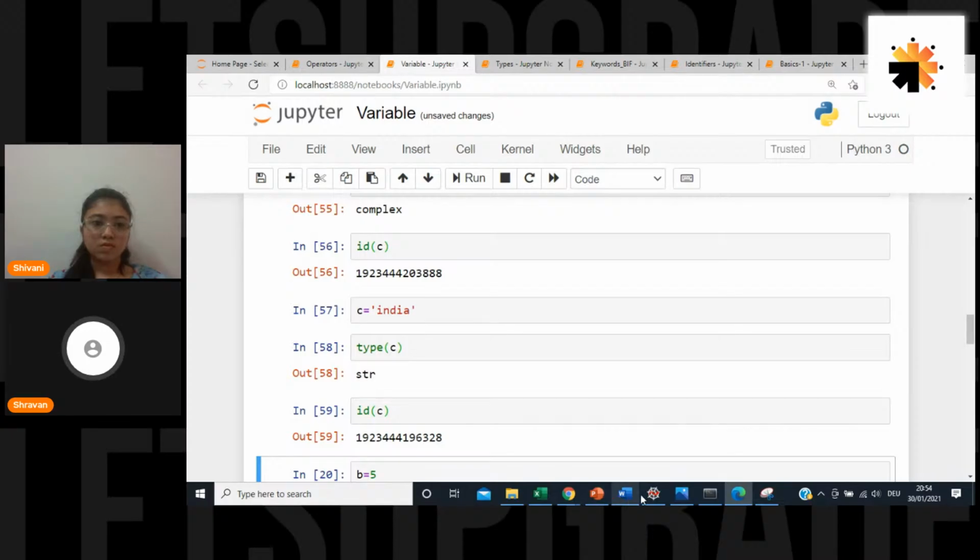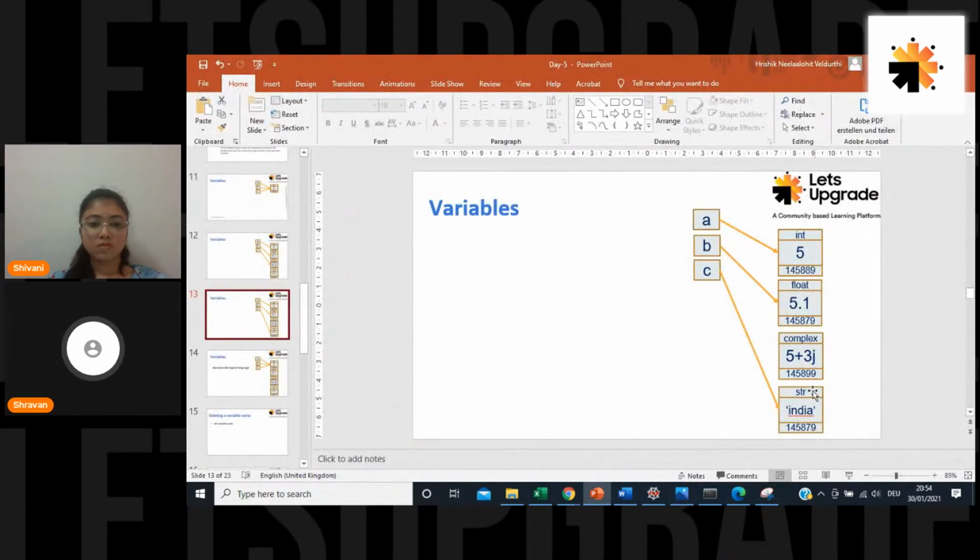Now what happens in Python is, as soon as this particular element is not referred anywhere, there is no reference for this one, it has zero references, so it will go to the garbage collector. It doesn't want to waste that memory, because nobody is going to refer to it. It has a value inside it, but nobody refers to it, so it will go out. It means you no longer have this object in your memory. But once again you assign something, then definitely it is okay. So this is what is happening, but we will see another type of it.